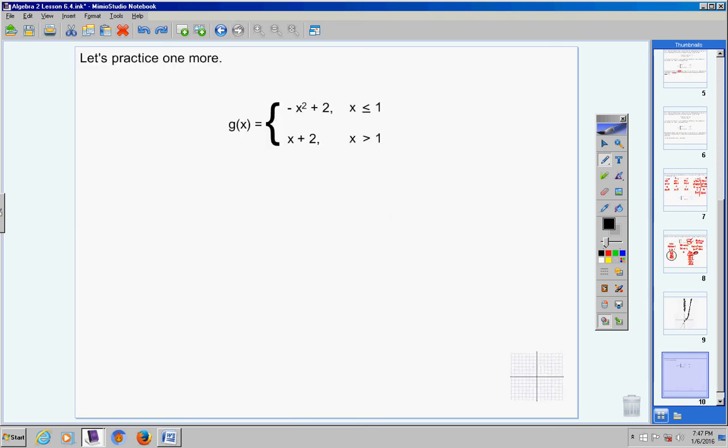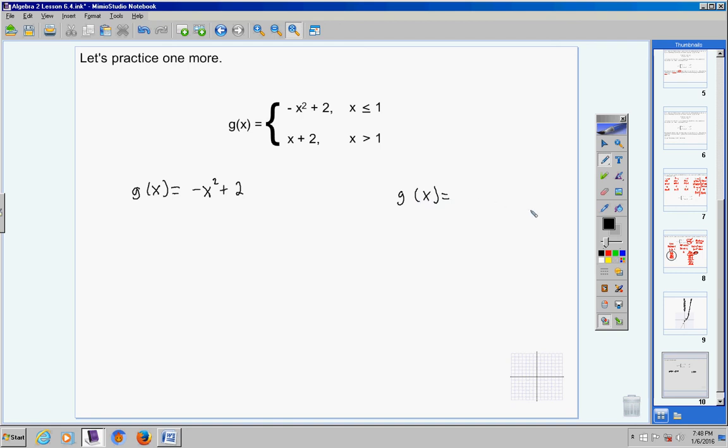Whether you agree or not, we're going to do one more to get some practice. So here it is. Let's go ahead and practice another one. You can work ahead or watch me. It's totally up to you. Okay? Alright, here we go. So my first piece is negative x squared plus 2. My other piece is,